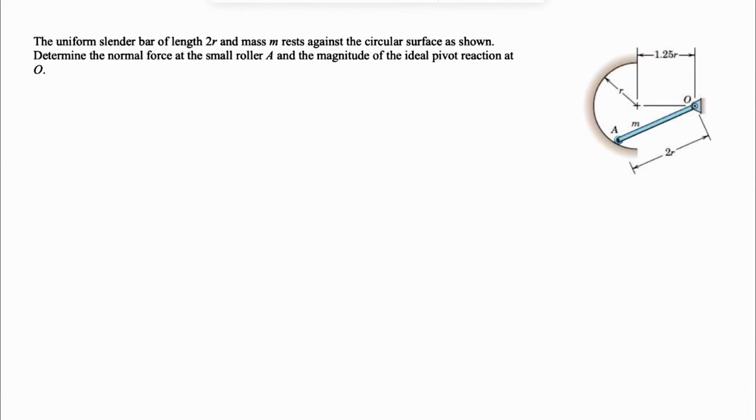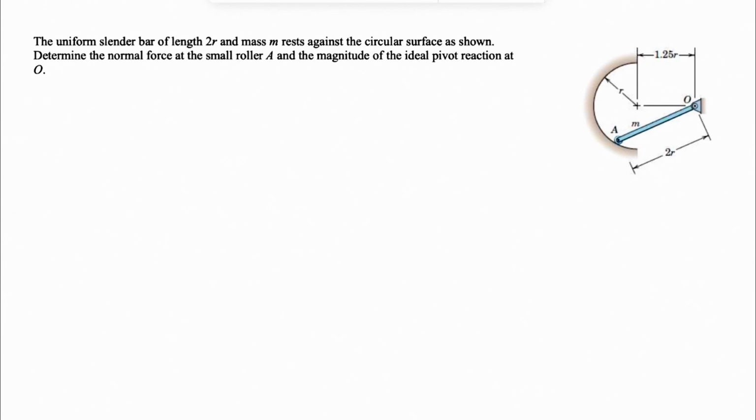Alright guys, let's see how we can solve another question from the third chapter of the Meriam textbook, Engineering Mechanics. In this one, we have this uniform slender bar of length 2r, and the r in here is the radius of that circular part of the system, and the mass M that rests against the circular surface. We need to determine the normal force at the small roller A and the magnitude of the ideal pivot reaction